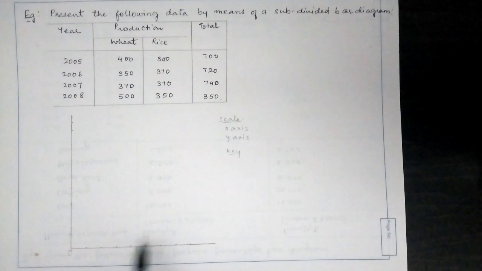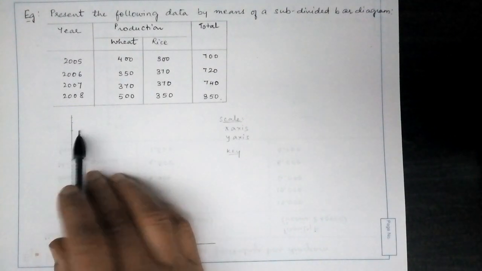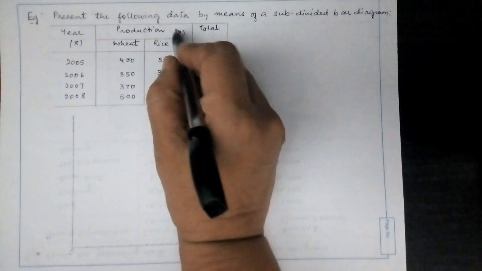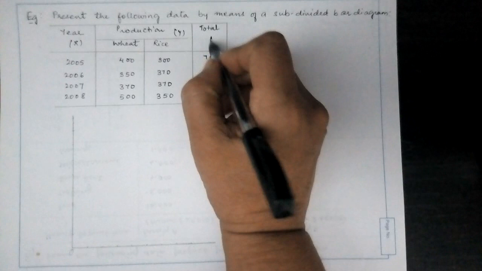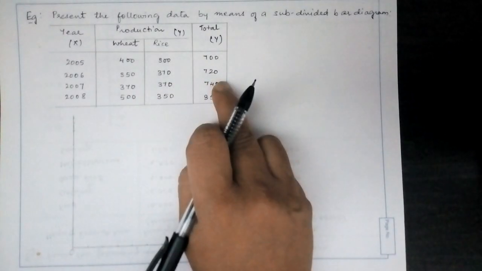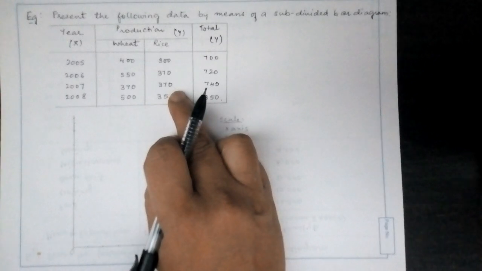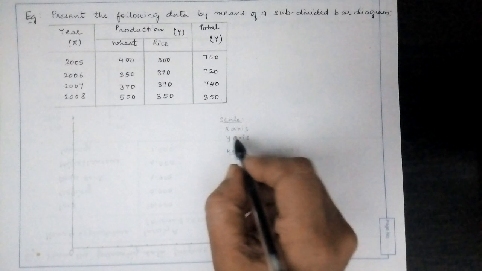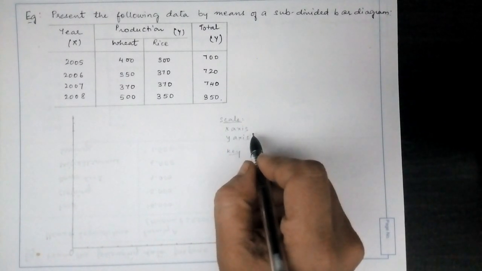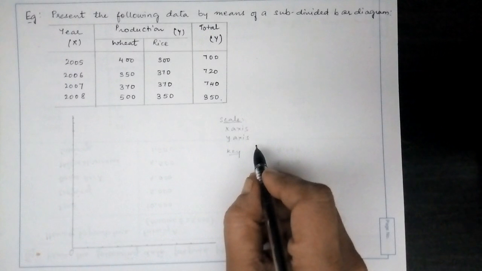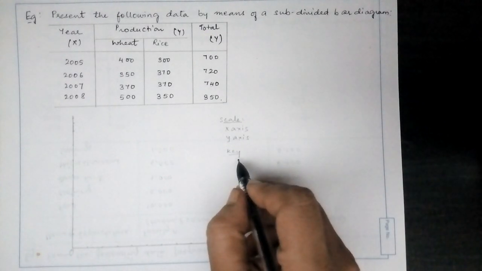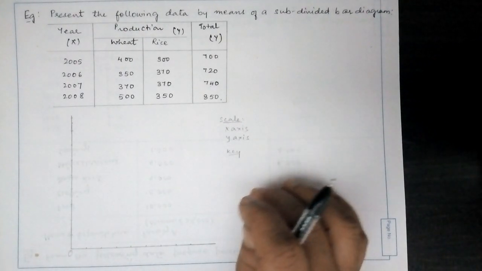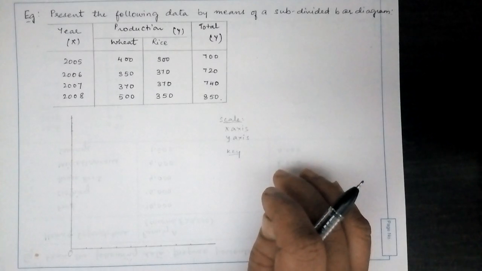So we will follow the same method of the x-axis and the y-axis. Since we learned that the first variable that is given to us will be x and the other one would be y, and the total will also be shown on the y because it is the sum of these two products of wheat and rice. So to make this graph or the bar diagram, we will need a scale. That is, what are we going to represent on the x-axis and what are we going to represent on the y-axis. And also we will have a key to show which type of a design is going to represent wheat and which one is going to represent rice.